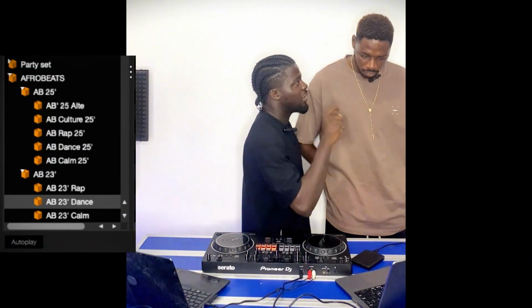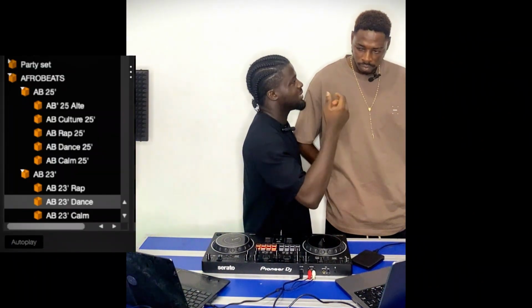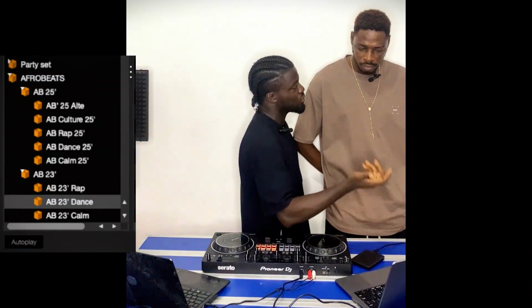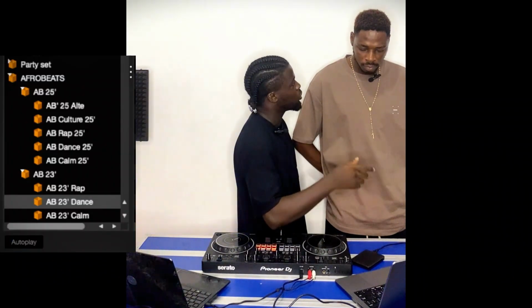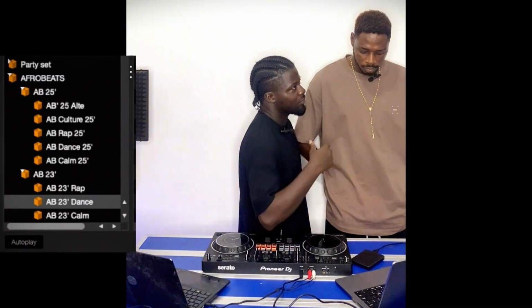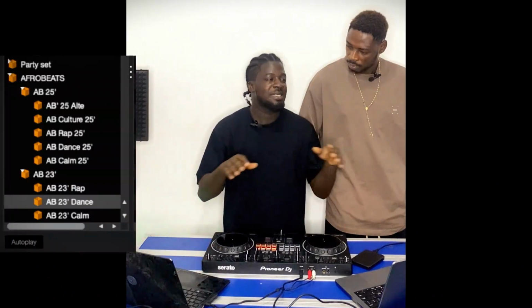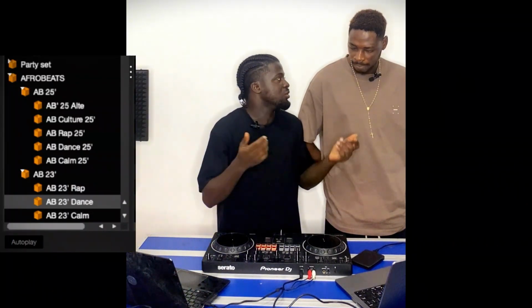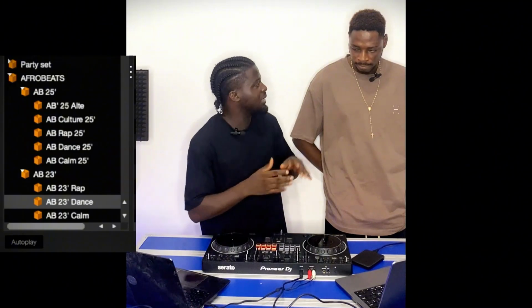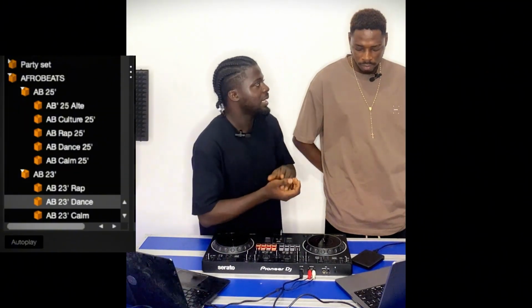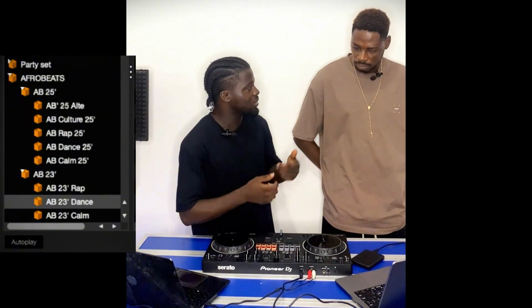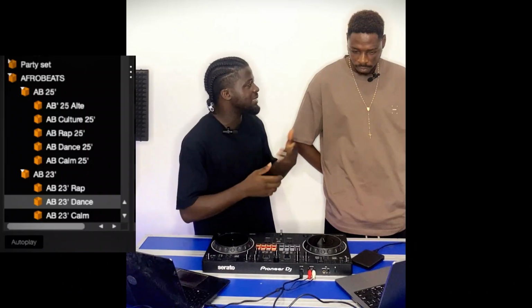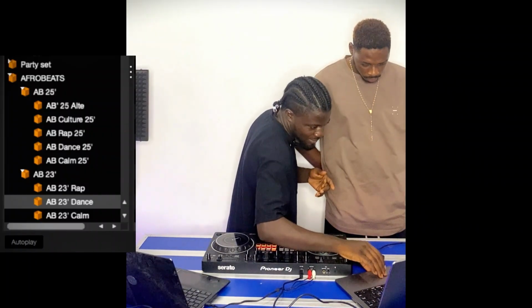So if you're looking for any song that was released back in 2024, you cannot be checking the 2025 folder. And if you are mixing in a club where the party is at the beginning and everybody is still calm and settled, you cannot start with dance music from there. You need to start calm. That's why I have a calm folder. And then I have the dance folder, which is like after party. I get into the after party vibe. I even have a folder for after party.